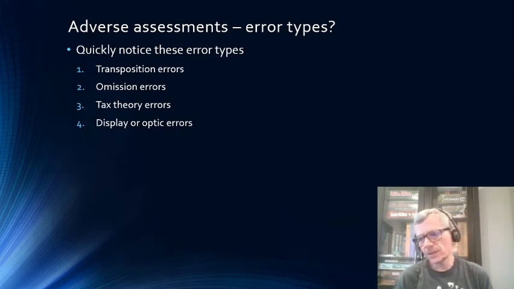Omission errors. Omission errors can happen in a number of ways. You inadvertently forgot to get a statement from your broker and declare a certain amount of income. Now, you could tell me, look, there's no way I can do this because I use the services of AFR, autofill your return, where you can download that information from the CRA website. Autofill your return is not perfect either,